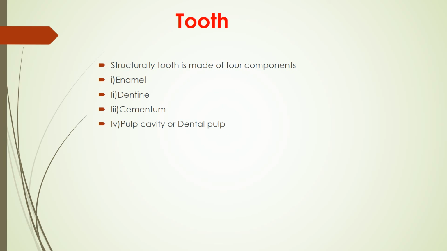The dental pulp is soft connective tissue containing odontoblasts, blood vessels and nerves. The sensory nerve fibers terminate as free nerve endings among the odontoblasts, and they are pain receptors. All these structures enter the pulp cavity through the apical foramen. The dental pulp is useful for nourishment of dentin. Now this is about the tooth structure.